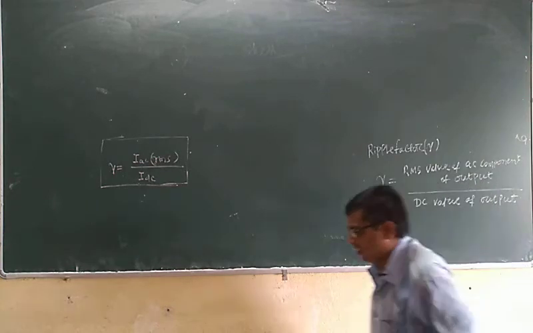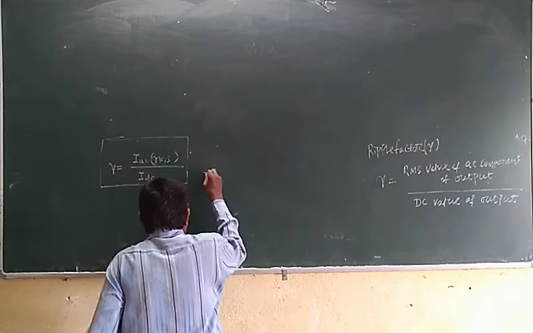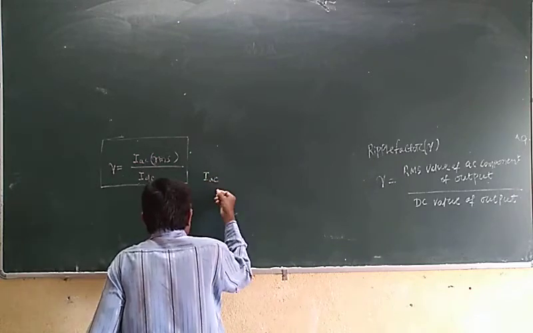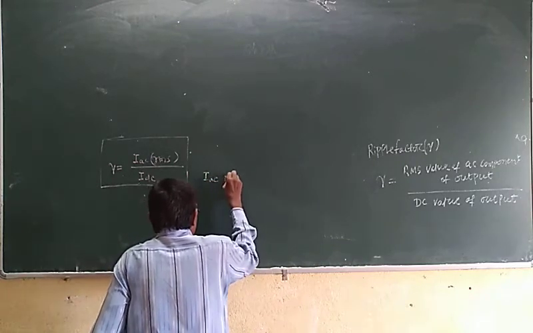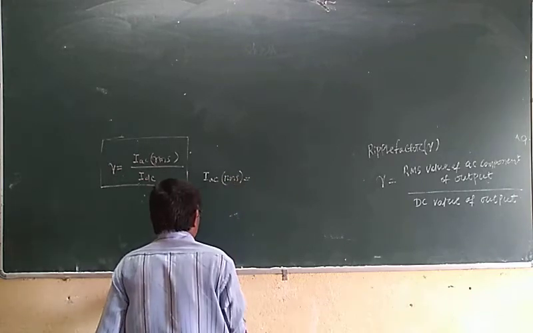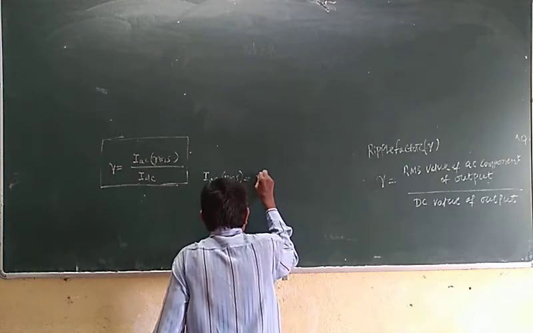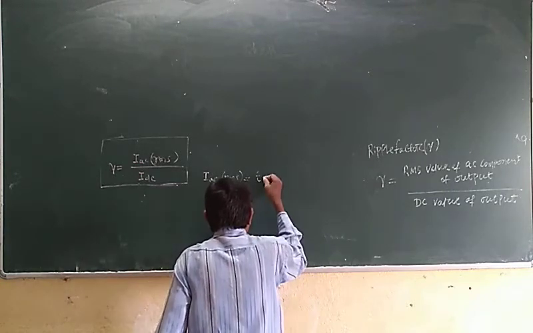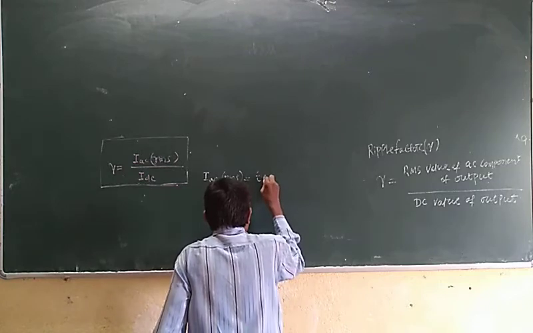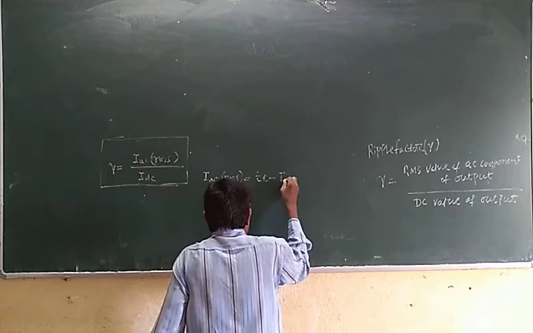To find I_AC RMS, we write I_AC equal to I_L minus I_DC,